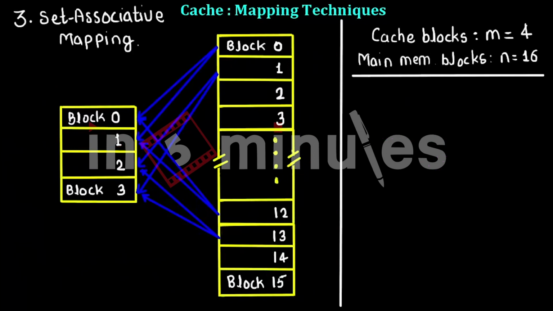As we saw before, the set associative mapping combines the features of direct and associative mapping. That is why it provides some flexibility, as well as the address space is also used efficiently. And the tag field is also not too large, so the search that is to be done in the tag memory is also faster than that of associative mapping. So we have seen the different mapping techniques. I hope you have understood it. Please stay tuned for more videos.